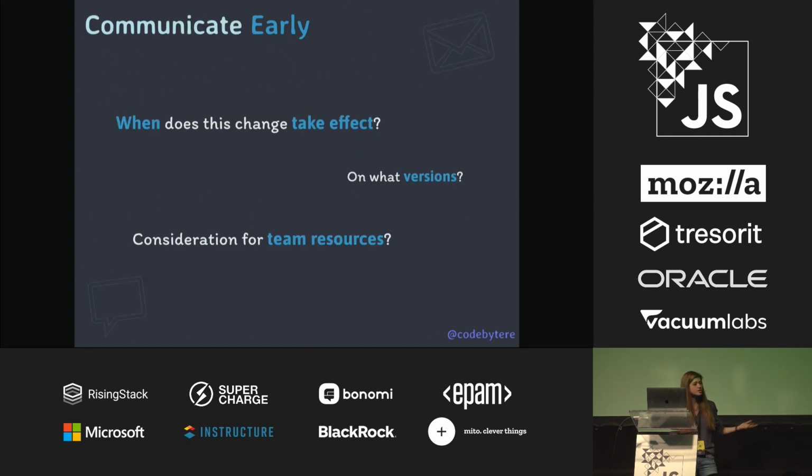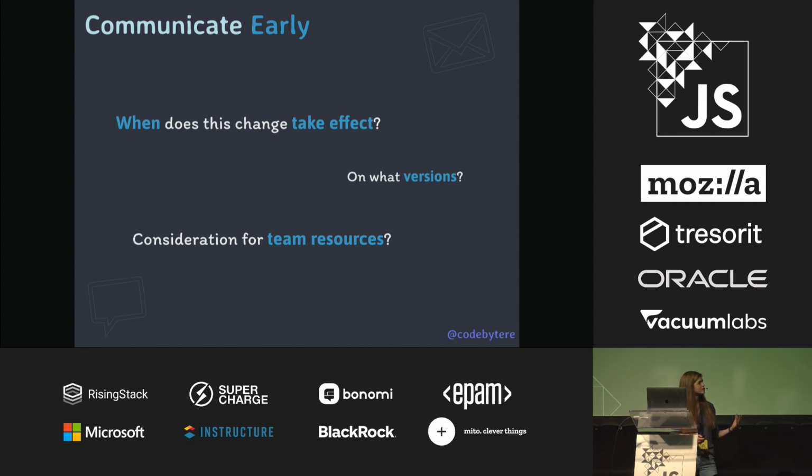And next, communicating early. Communication is always great on principle, but not all communication benefits users equally. Telling your consumers about a change right as it is about to affect them is, for all intents and purposes, indistinguishable from not telling them at all. To that end, you should look towards informing your users of upcoming changes as soon as plans are clear enough that it's unlikely you'll need to alter or recant them.